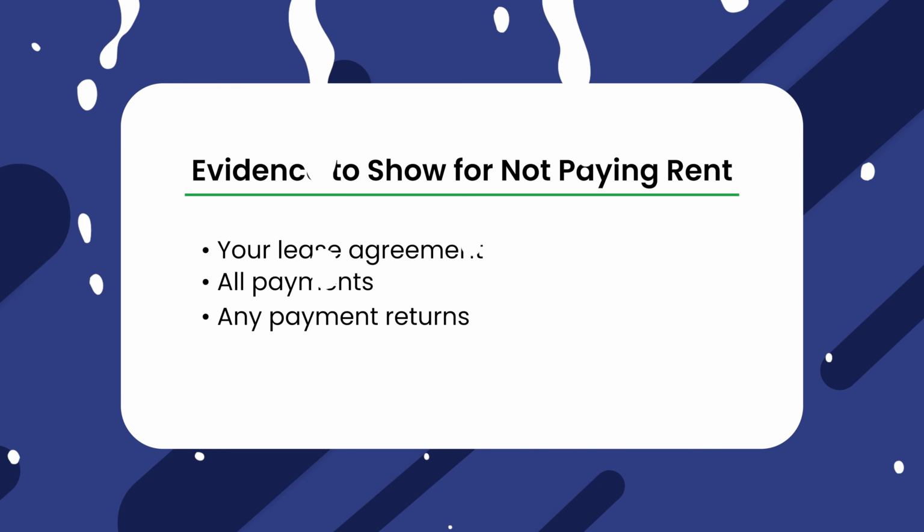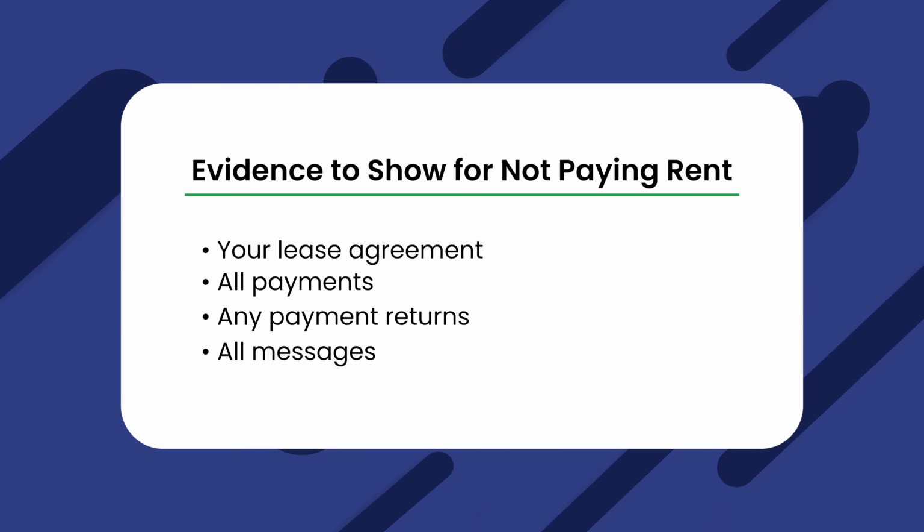If their check bounced, their bank account had insufficient funds, or they did a chargeback dispute on their credit card, show this to the judge. Also, show any fees your bank may have charged you and any penalties you are owed according to your lease agreement. All messages. If you sent your tenant automated or manual payment reminders by text, email, letter, or mail, it's